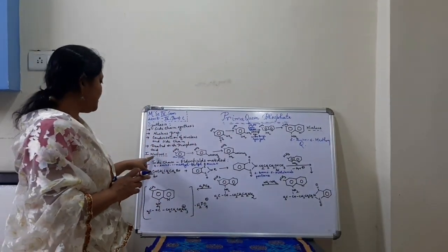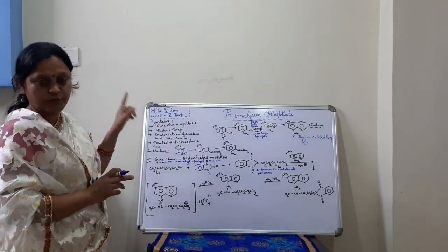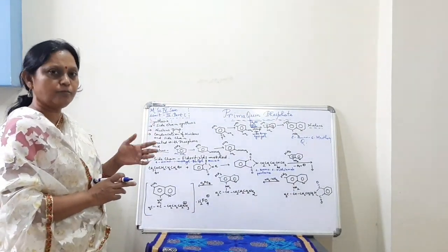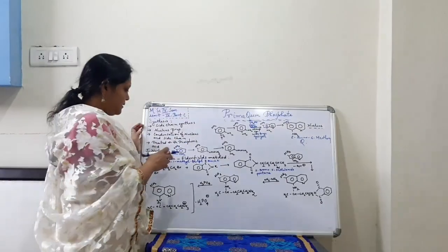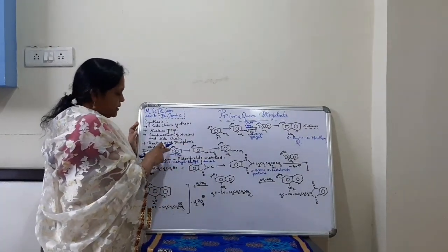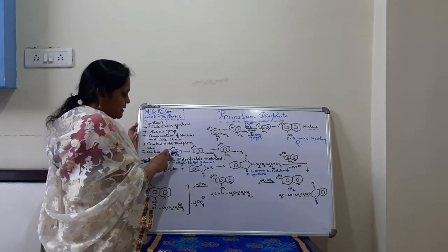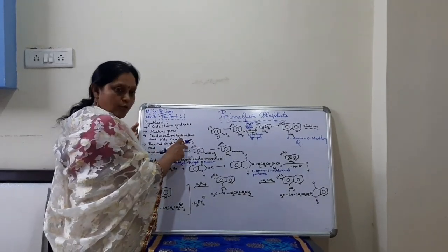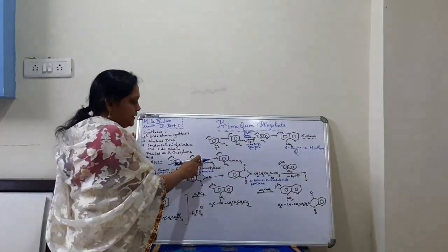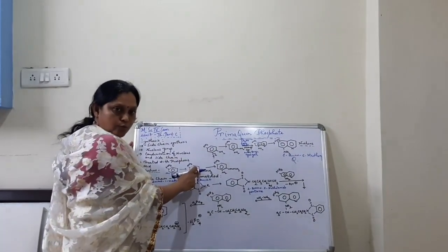So the first step, preparation of nucleus, which we have already discussed in the previous video. Again, just to remind you, I will go a bit fast. We start with anisole here, ether of benzene. This ether of benzene, first we will go for nitration with HNO3 and H2SO4. So in the para position we will get a NO2 group.